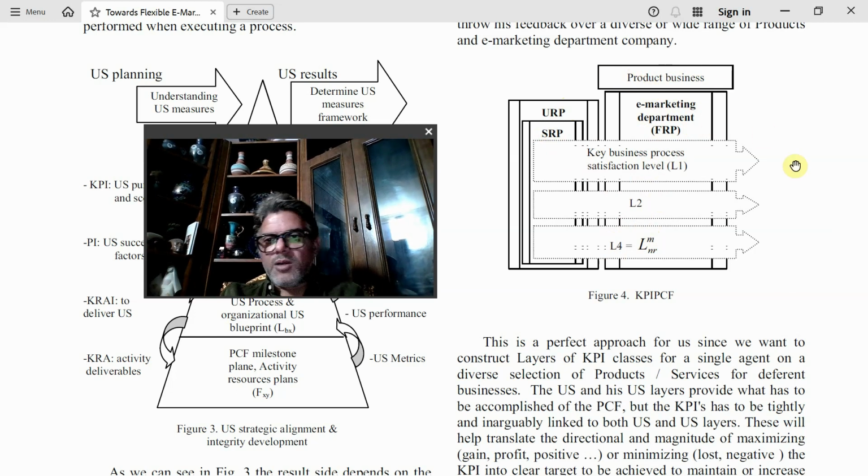I chose e-marketing because it's really a connection between quantitative and qualitative satisfaction variables and requirements. If I took financial, it's more quantitative, but I needed a space to